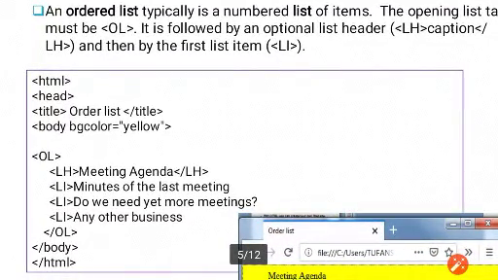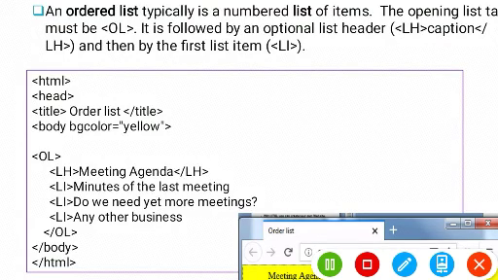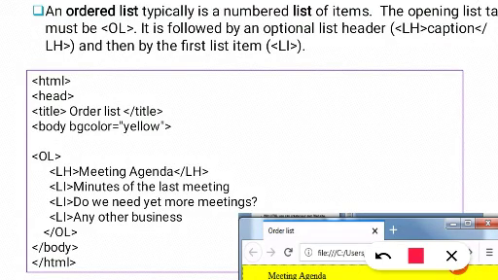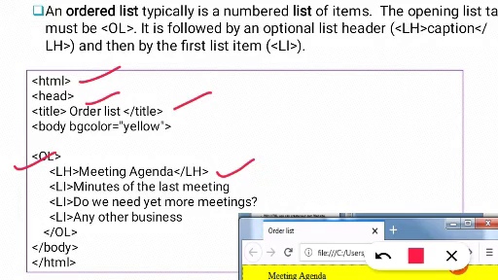Over here, let us see first what tags we are using. We have started with HTML, head, title. Inside the title tag I have written ordered list, so that will be displayed on my web page in the title bar, and then the OL tag. Inside it, the LH, that is the list header tag, we have written meeting agenda, and just below that we have written LI, for whatever data I want to write with bullets. Now since it is an ordered list, it will be a numbered list, and then we have to close it.